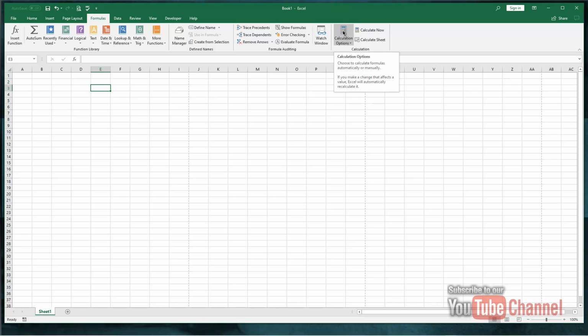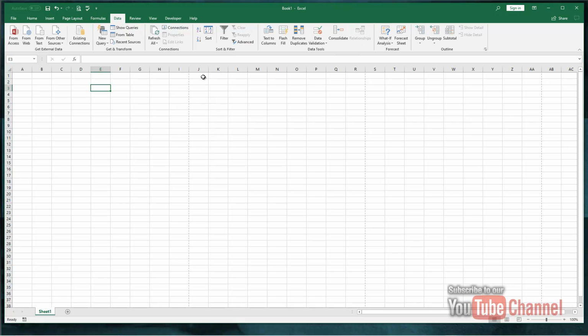Then here you have your calculation options, which is already set to automatic. Yeah, you can then recalculate now or calculate the sheet again. Then the next tab here is the data tab. Data tab is used mainly for